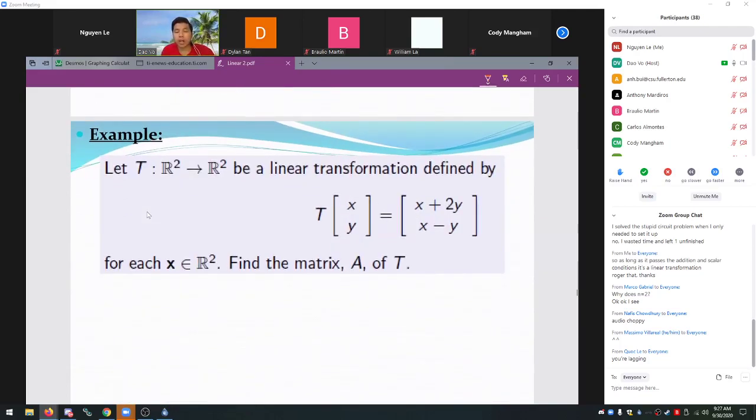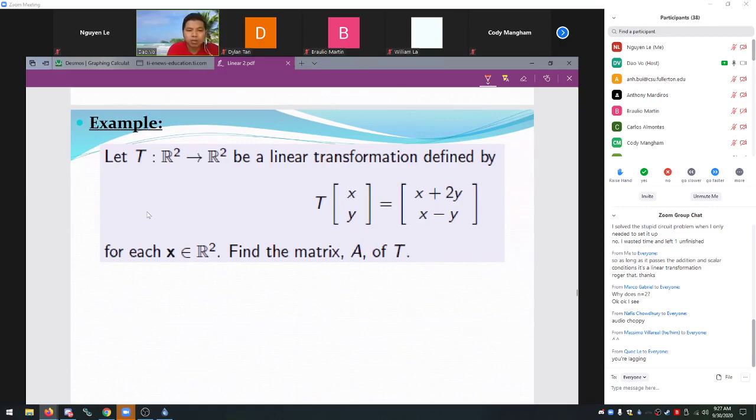All right. So here's the example. Suppose that we have this linear transformation defined by T of (x, y) equal to (x plus 2y, x minus y). Find the matrix A. We know it's a linear transformation, therefore it will also be a matrix transformation. So we need to find the matrix A that makes up the matrix transformation. All right. So by the theorem,